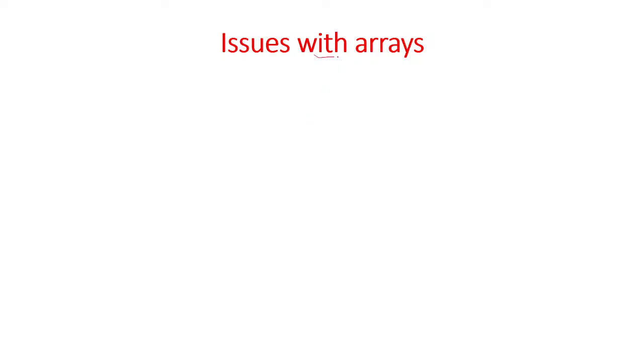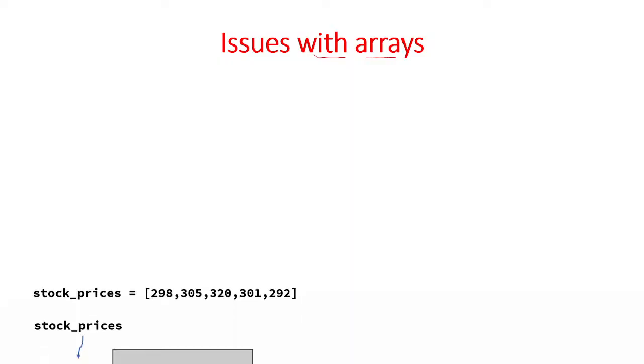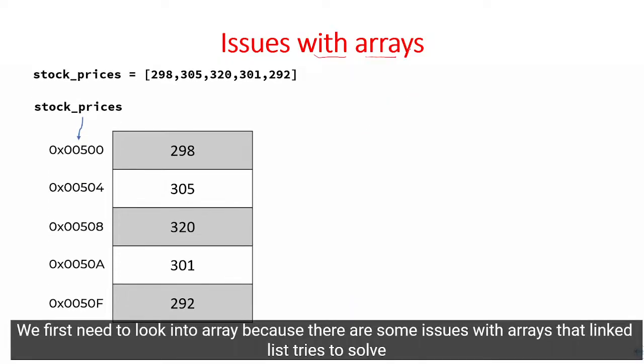Then why do we require this linked list? So what are the disadvantages with arrays? We already studied arrays. If you see the disadvantages with arrays, then we can understand the advantages of a linked list. Assume that I have a variable called stock prices storing